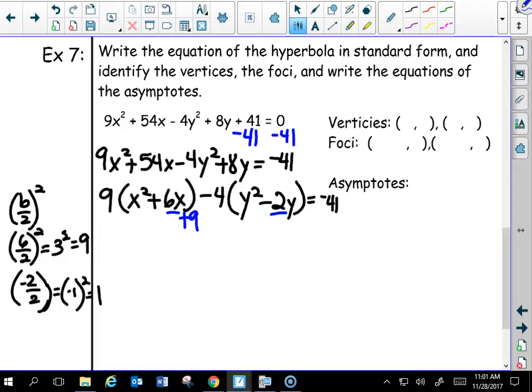So on the right-hand side, I'm going to add 9 times 9, because remember, there's a 9 multiplying my parentheses on the outside. Same idea with the y's. I'm going to add 4 inside the parentheses, so I'm going to add negative 4 times 1 outside the parentheses. Okay, that allows me to rewrite